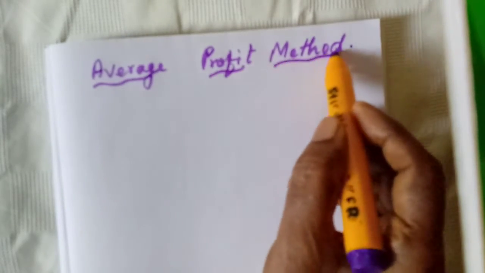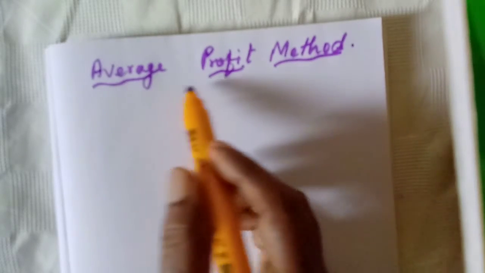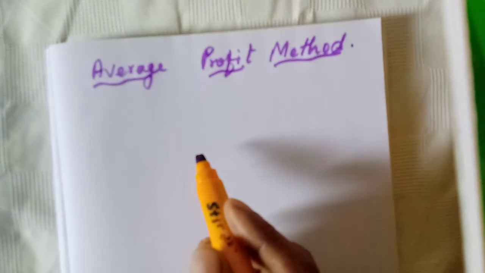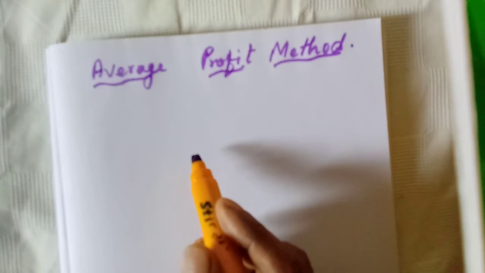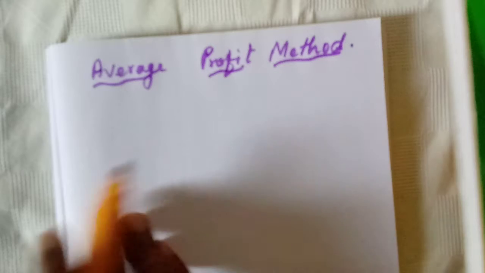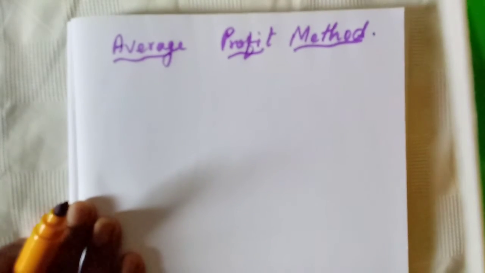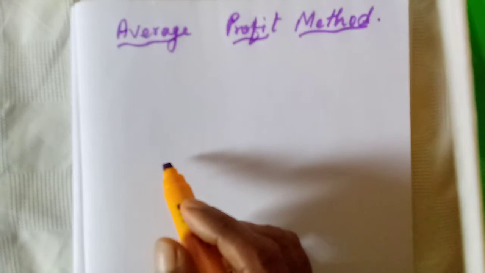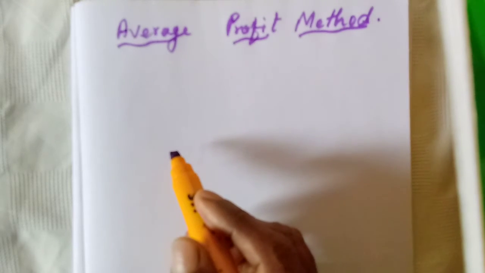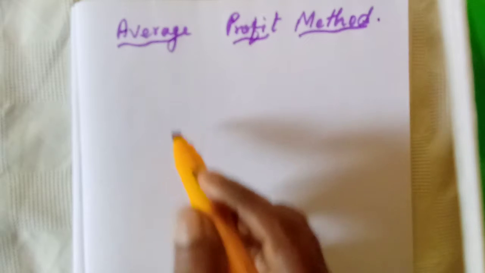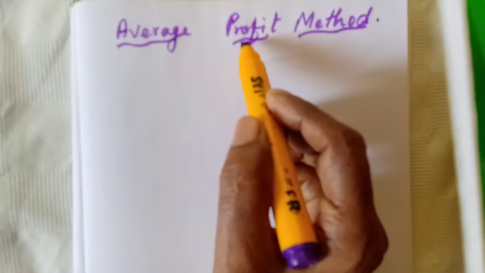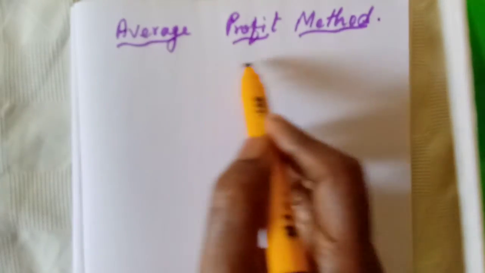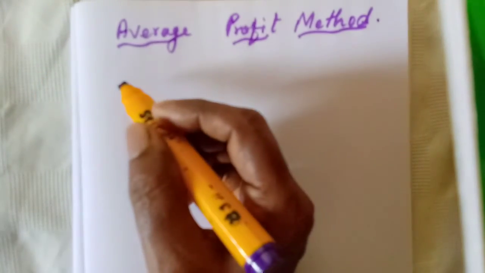So, today we are going to learn the average profit method in accountancy. Take page number 122 in the accountancy book, fourth chapter. We have learned the theory portion about goodwill, isn't it? So we need to calculate the goodwill as per two methods. The first method is the average profit method. Here also another classification is there. Today we will see this average profit method alone.